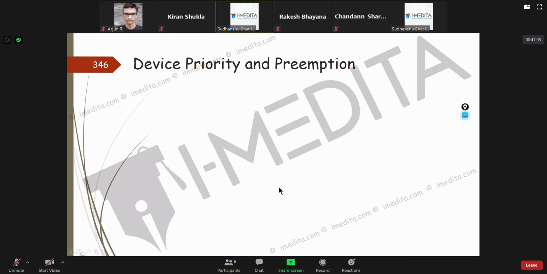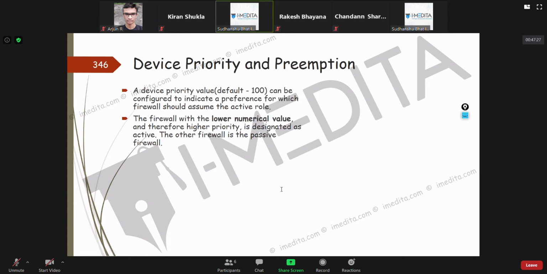Now obviously, if you are going for active passive or any such scenario, there is a priority for who will become active. So here also there is device priority. The default value of priority is 100.